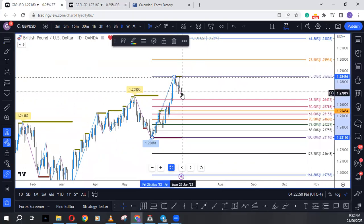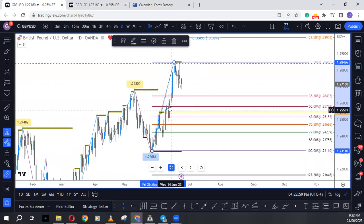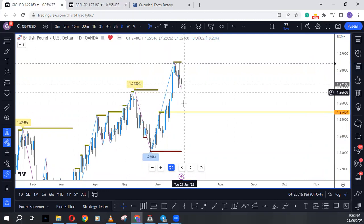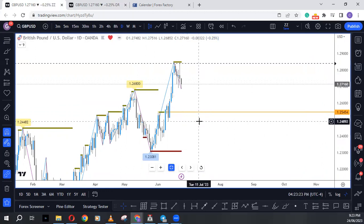So you can see it's still a little bit far from discount. That's the 50%. So you need to wait for it to come down here. And if you notice, this 50% lines up with this daily order block that has not been tested. This order block is important because it was the last down candle before the break of this high. So if price comes in there, that's 1.2581, there's going to be a good reaction there for possible continuation to